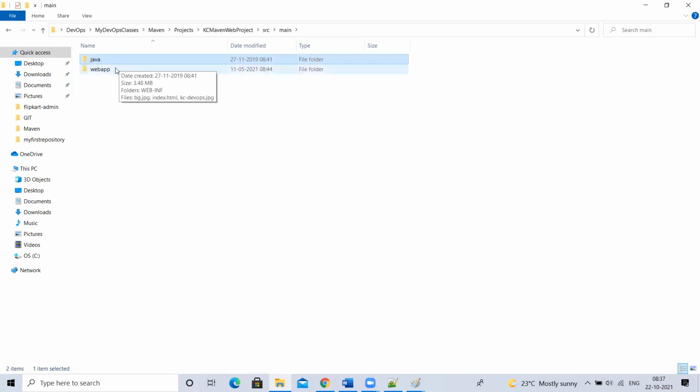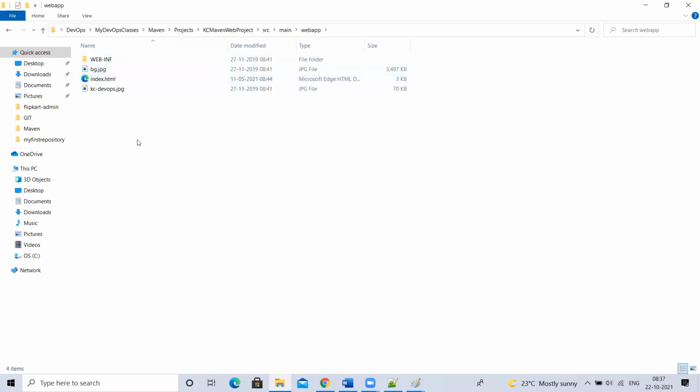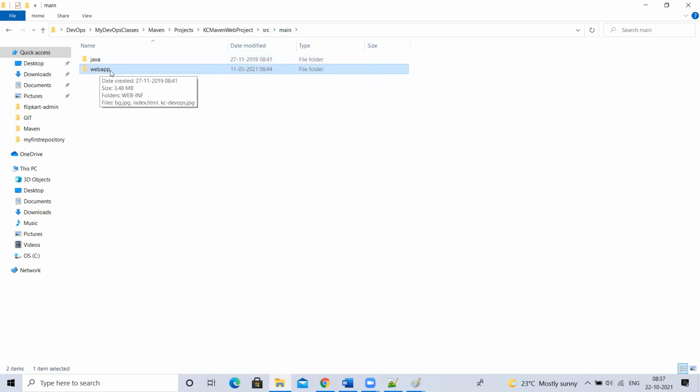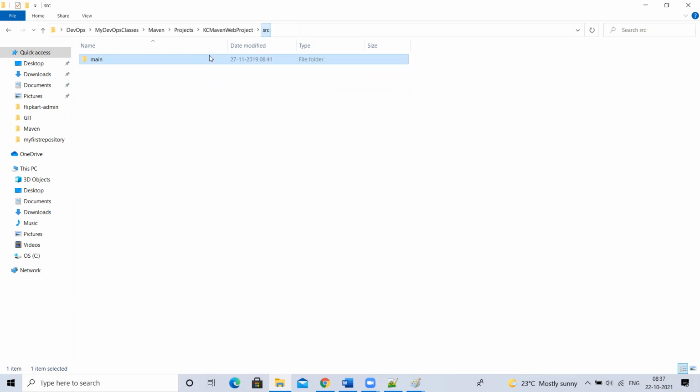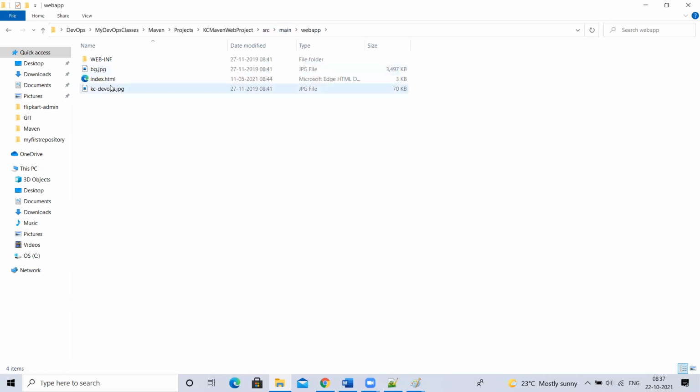This contains the Java files. For UI, I said write JavaScript, HTML files, images, those and all we will place inside this web-inf. If it is a Java Maven style of project, under SRC, we'll have main and test. Under main, again, we'll have Java and web apps. Under Java, we'll place all the Java files. Under web apps, we'll place all UI related files, UI static files. Understood, guys?